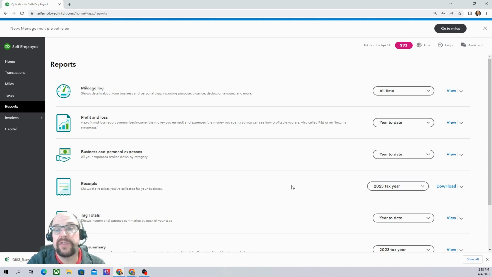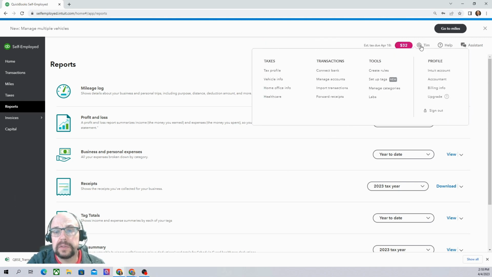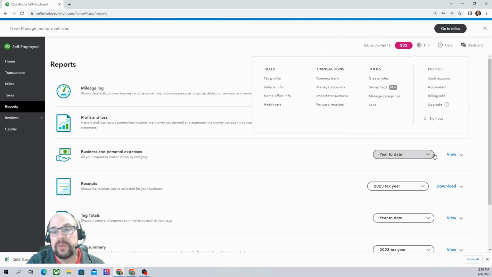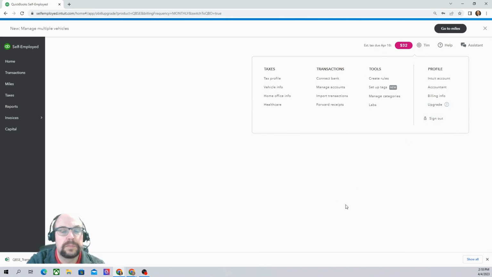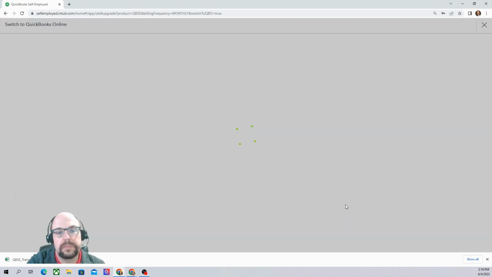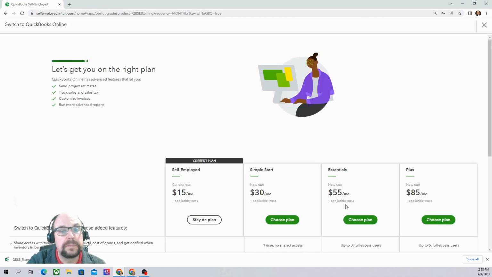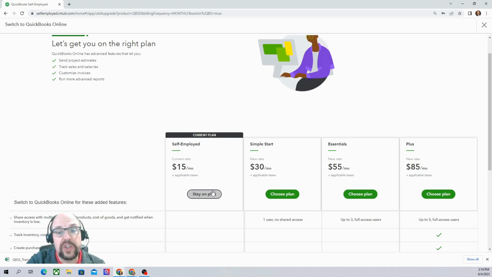So from here we go up to our cogwheel. And then we're going to do upgrade. Okay, and here we can choose our plan. I'm going to choose Simple Start. You can look through the features, choose whichever plan works best for you. I would choose probably the least expensive plan that you think is going to work because it's very easy to